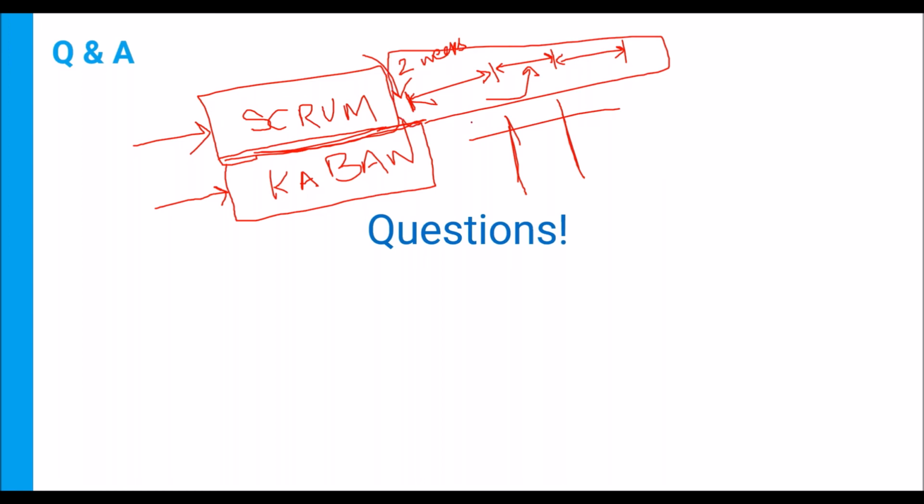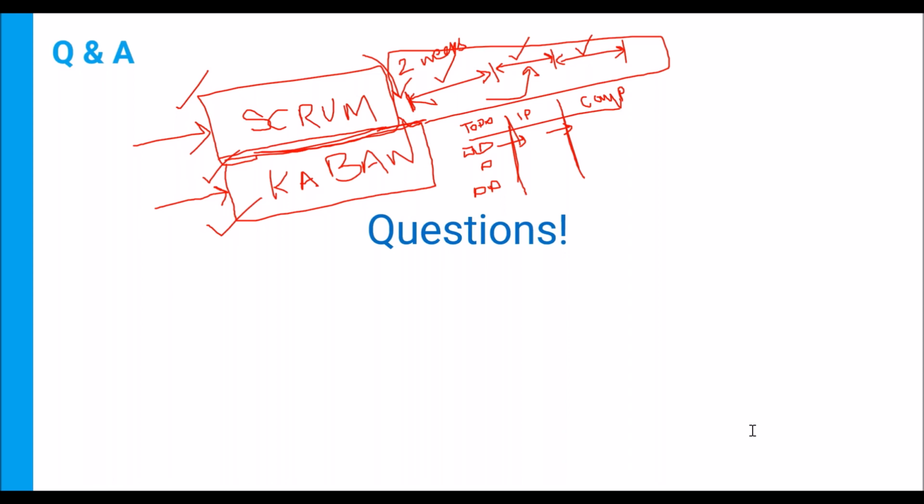So in a task board, you have three stages of a task, right? You have to do, you have in progress, and you have completed. Okay, so your focus would be identifying items that are coming on the leftmost side, to do, and then look at the priority, start moving items to the next stage to closure. Your focus would be moving items from left to right. Your focus is not to do with any timeline or any time boxing, right? So depending on the nature of the changes coming your way, you can have either of these frameworks. So in your case, you are asking that frequent changes are being requested. You can use Kanban here.